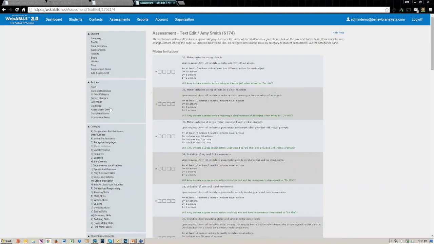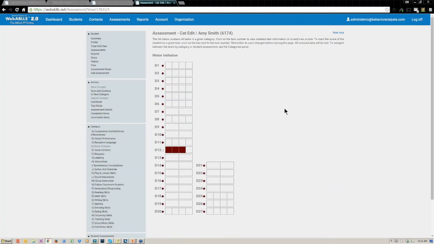So now we're going to go over to our CAT mode, and this is our new assessment edit screen. A couple of things I want to point out when I did that transfer over. One, you'll see that the task is still scored, just as it was before.